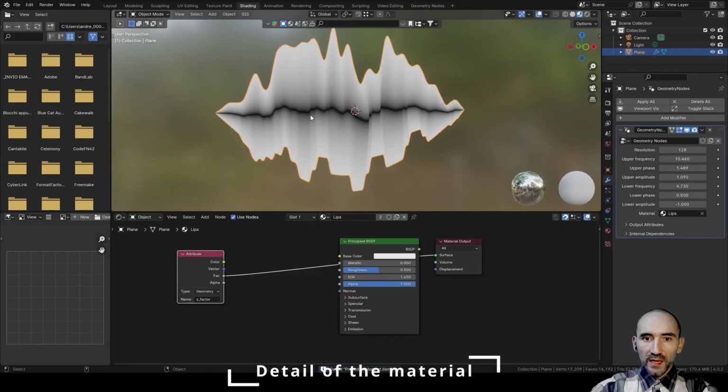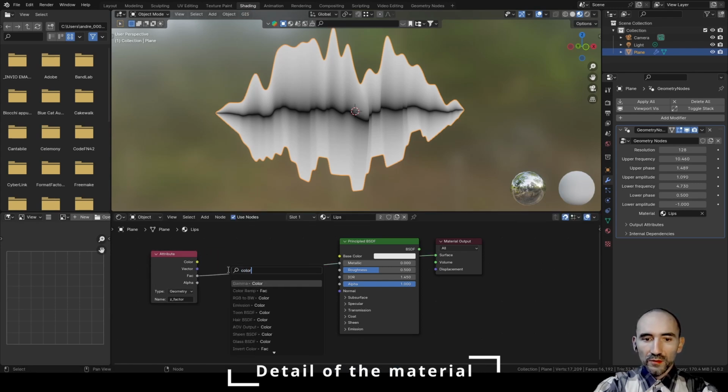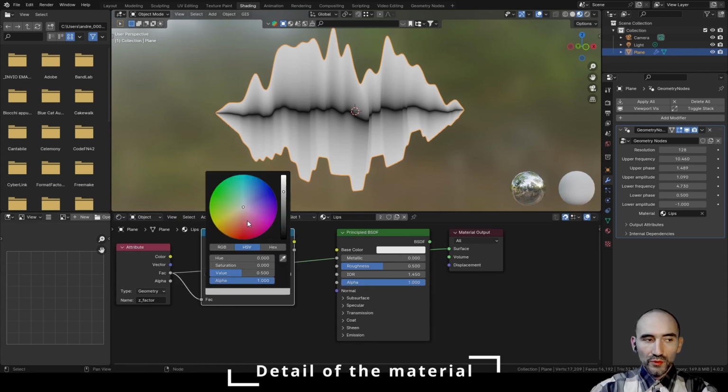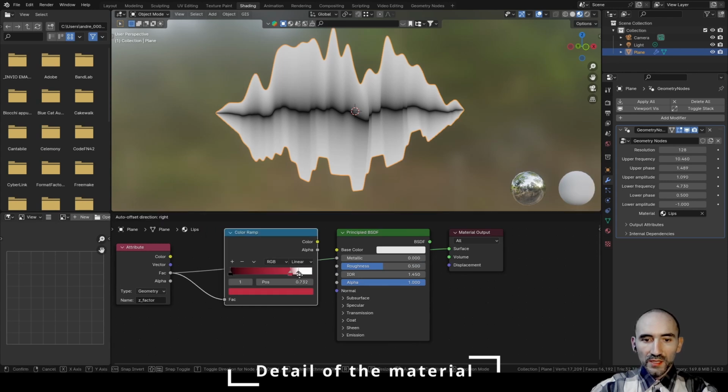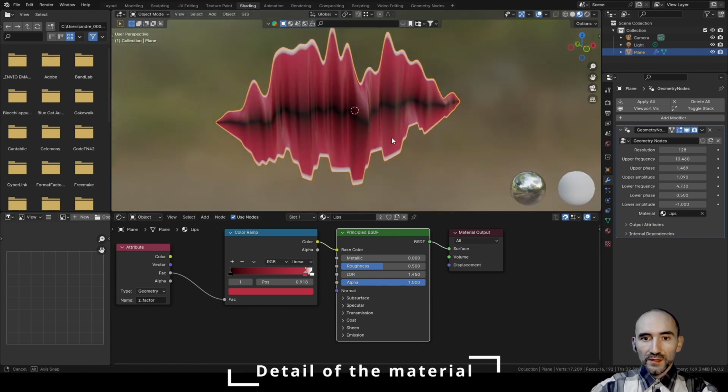In this way I can flip these values from 0 to 1, which is what we want, and I can link these to a color ramp and set some values like this. For this I want a more purple color like this, switch this, leave the white to the end, link this base color here in the Principled BSDF, Shift Ctrl and click, and you can see a similar effect